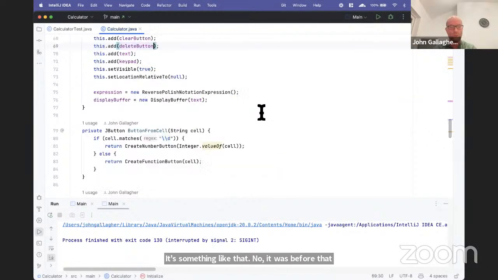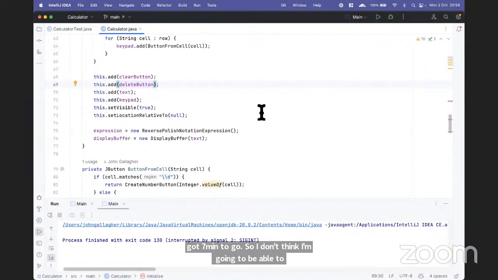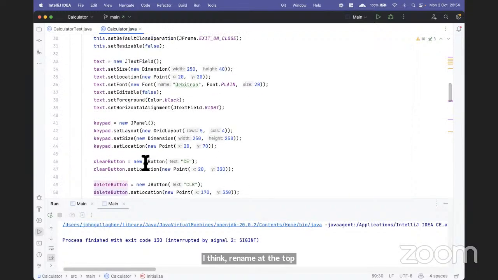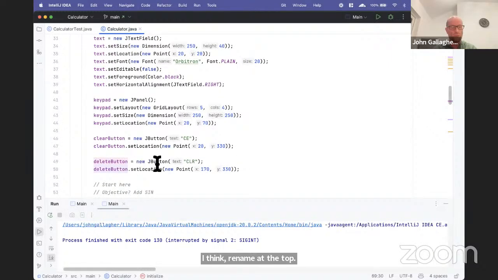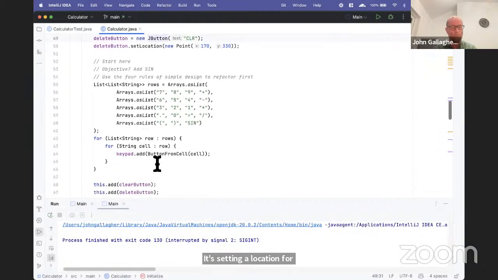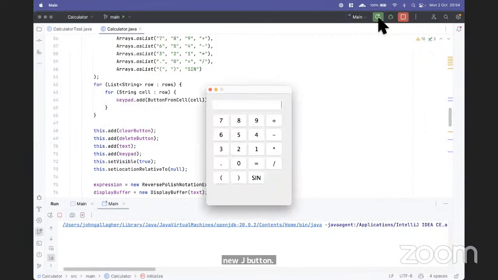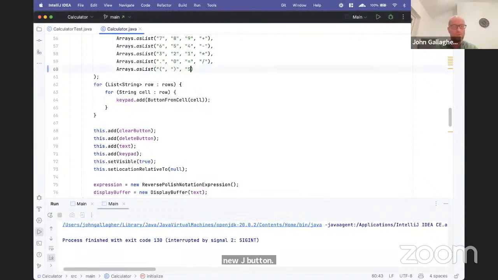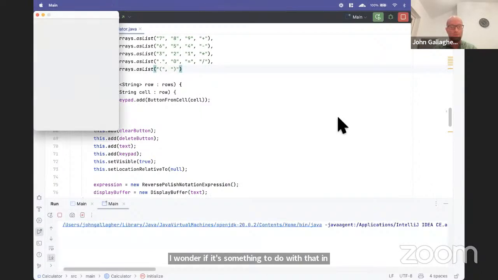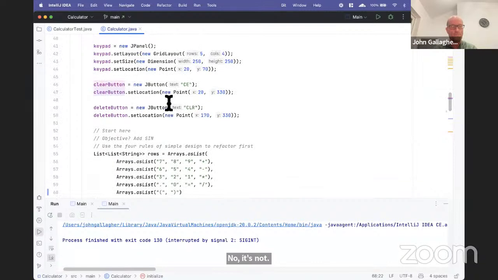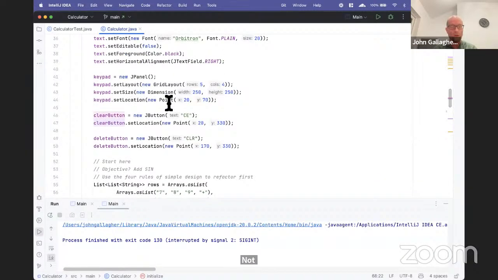We've got 7 minutes to go, so I don't think I'm going to be able to. I think the clear button and delete button need renaming at the top as well. I think. No. It's setting a location for them, and it's creating a new J button. No, they're not. I wonder if it's something to do with adding the sign there. No, it's not. Add clear button, add delete button. We're going to move on because I don't want to spend time on